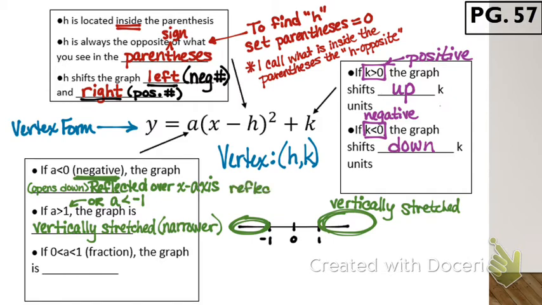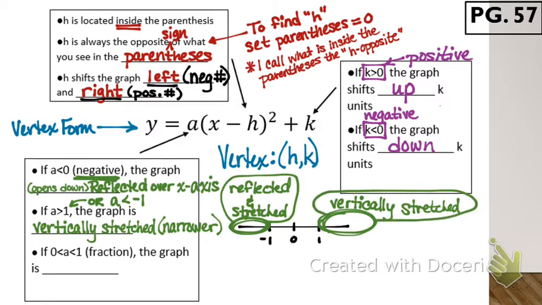So this is going to be reflected and stretched. All right. And last of all,